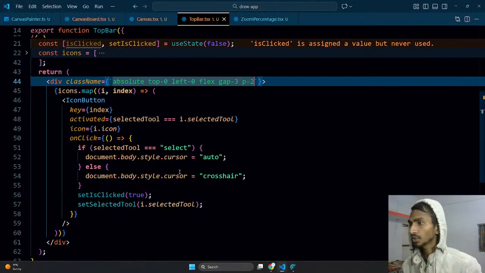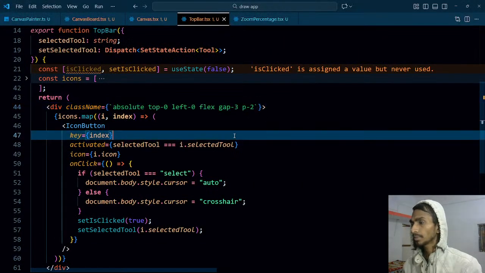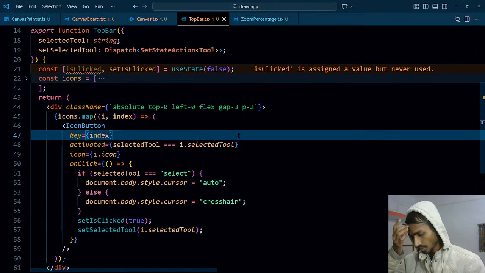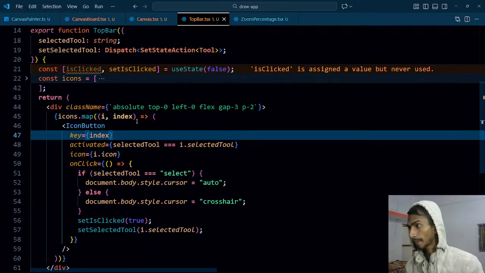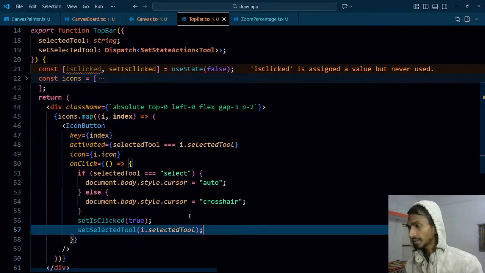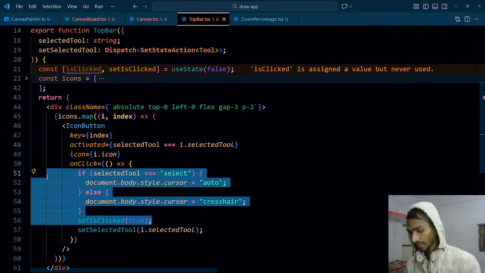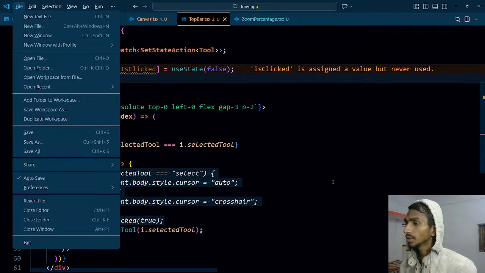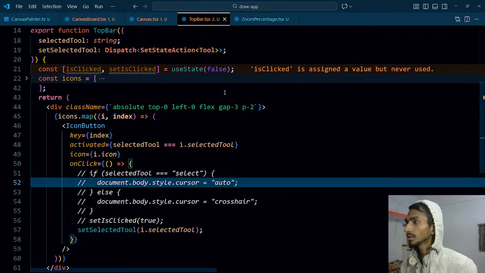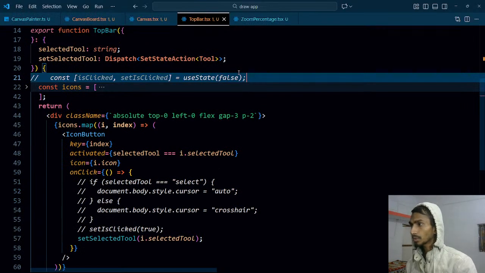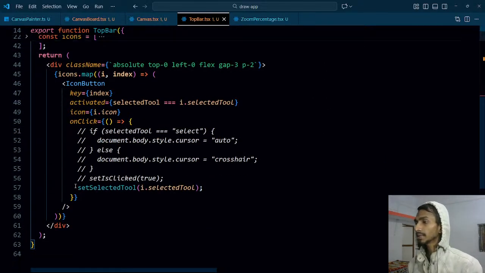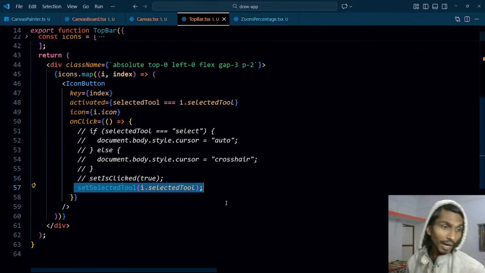Okay, let's try this out. I've been just doing it over here, so this can be done as I'm already selecting the tool over here. So let's comment it. Later I'll come and check whether I can fix it or not. And one more thing, let's comment this particular part from here. The thing is that I'm already selecting the tool over here, and when the tool is being selected, I may